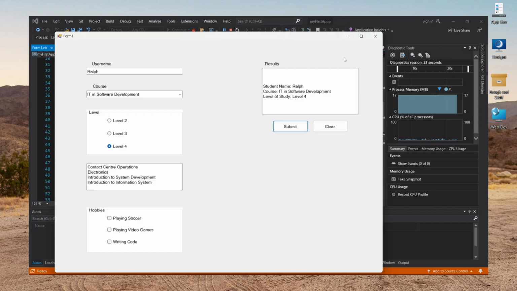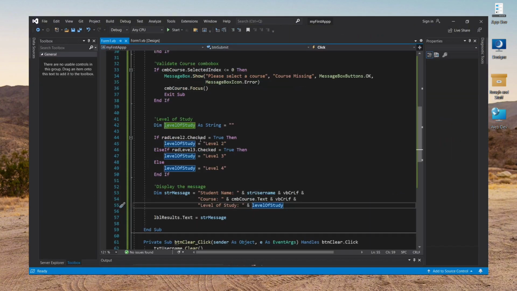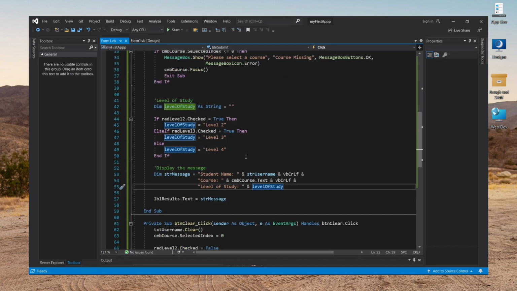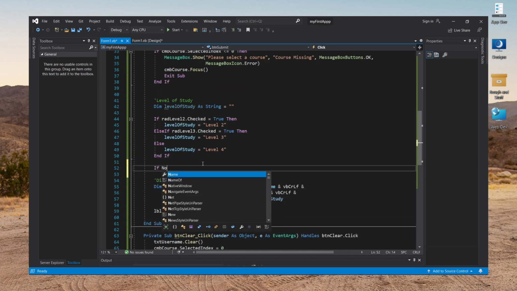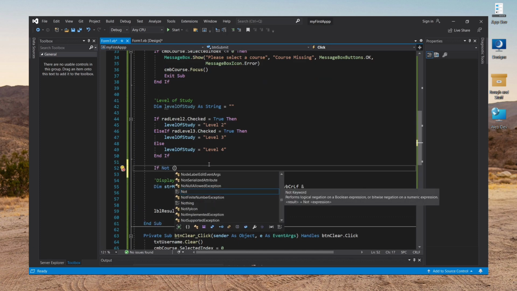Okay, now let's validate. Let's make sure that the user actually puts their level of study, right? Let's see if the clear button works perfectly. Okay, now let's go back. To do that, we're also going to use an if statement. We're going to say if not, open brackets